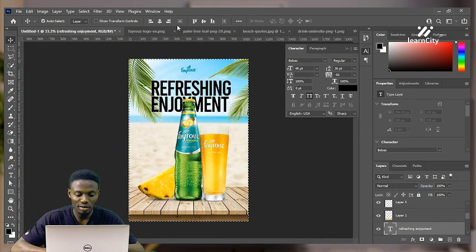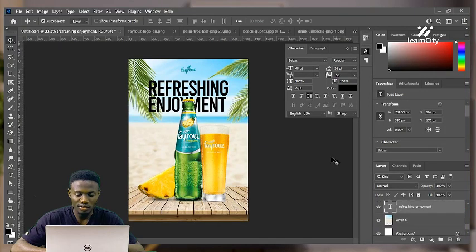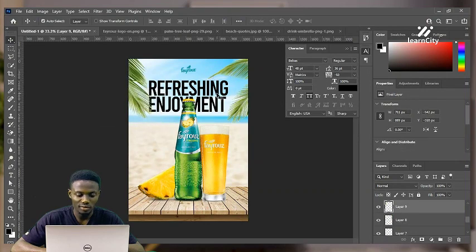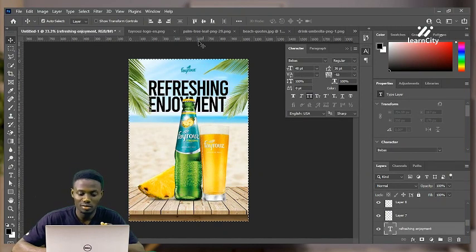Now that I've done this, I'll take you to the top. Can you see that? Nice. Let me adjust my leaves a bit so it will not cover up the text a lot. Right? Refreshing enjoyment. Now I could leave this like this and it makes sense, but let me just add a